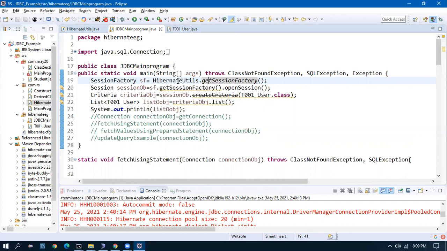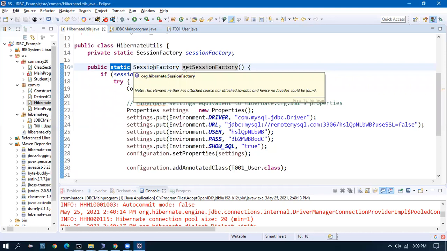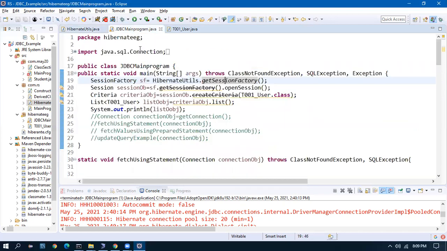So I'm not creating an object of Hibernate utils, but I am calling the static method directly. Once I call this method, it returns me a session factory, org.hibernate.SessionFactory. So I catch that session factory and hold it in a variable as SF, which is the session factory object.